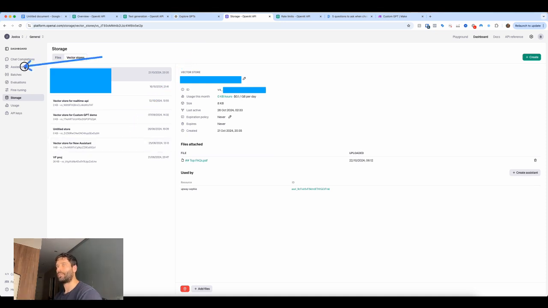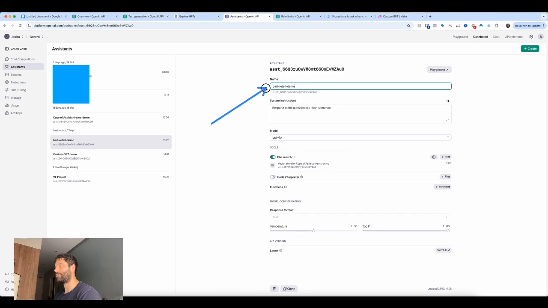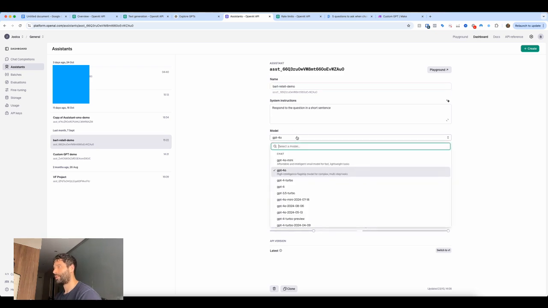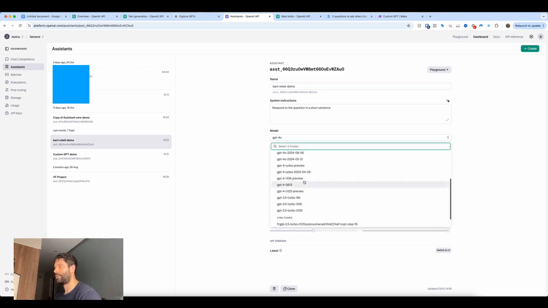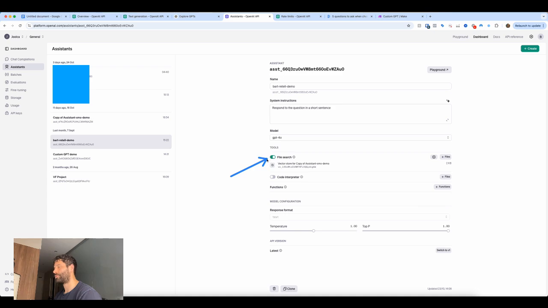And if I go into the assistants at a high level, I'll break this down. So you can see that I can set the name of my assistant. I can set some custom system instructions. So my own custom prompt for this custom GPT. I can choose different models. Or if I click this, I drop down and have access to different models. And I can enable file search, which gives this custom GPT access to different files that I've uploaded. So it has access to my knowledge. Once again, you do that by creating a vector store, which is a collection of files, and then attaching it